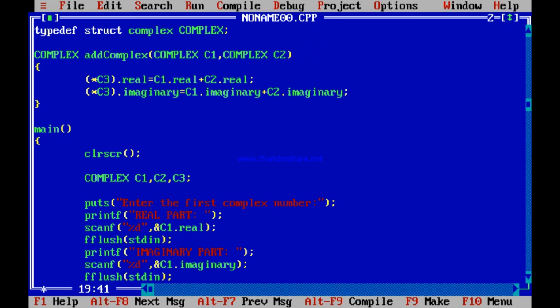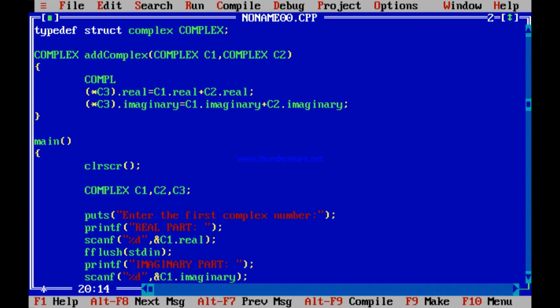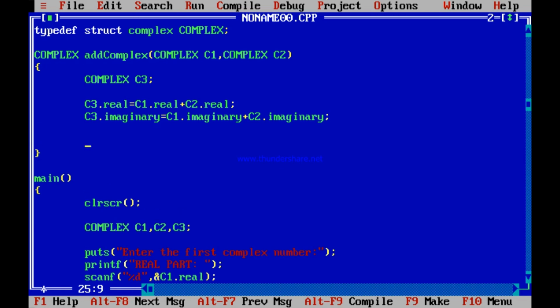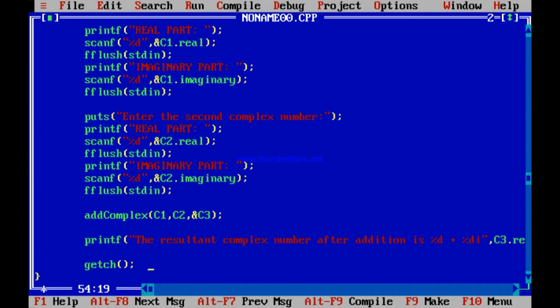Declaring a new variable C3 like I was doing, complex C3, and then doing it over this C3, new variable C3 declared within this add complex function, and returning this new C3 looks much better. Is not it so? This is in fact much better, looks better as a function or a program. Okay, so here it was much better not doing it as ampersand C3, but sending it as C1 and C2 and then receiving back this C3. This was a better way of writing the program.